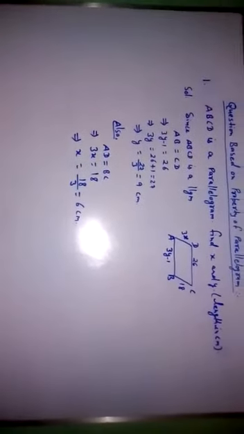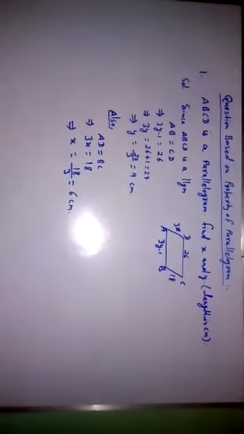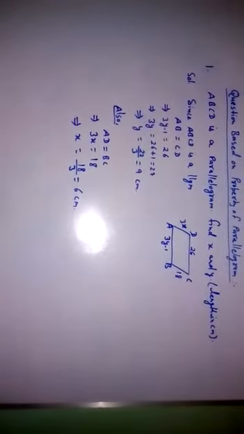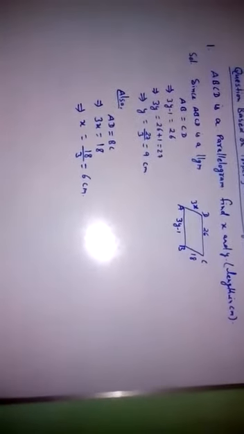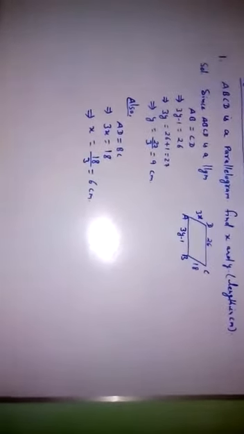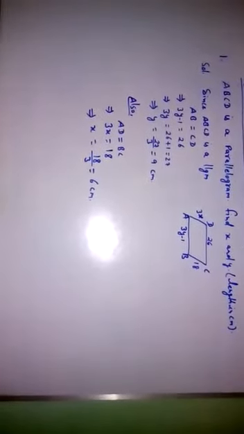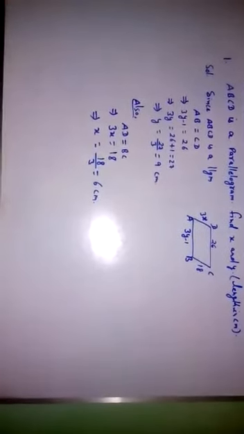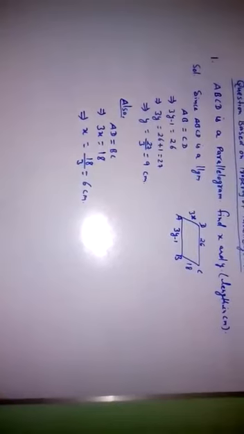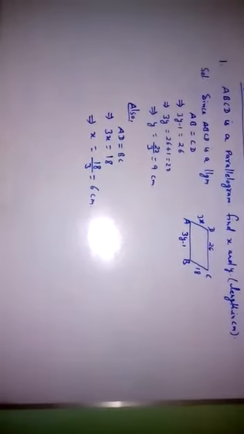Since ABCD is a parallelogram, as we know that from the property of parallelogram, opposite sides are equal. That means here the opposite sides AB equal to CD, they are equal, and AD equal to BC, they are also equal. Now from first, AB equal to CD, here AB equal to given 3y minus 1 and CD equal to given 26 centimeter. We can solve it easily now.